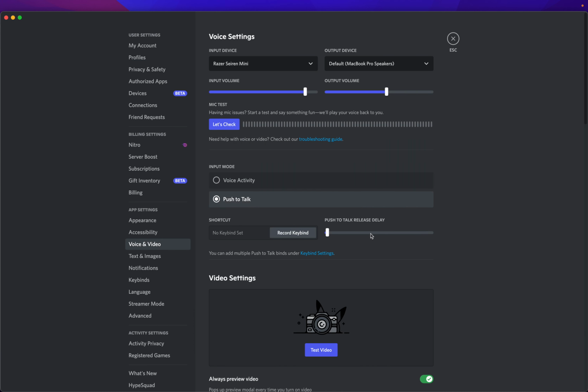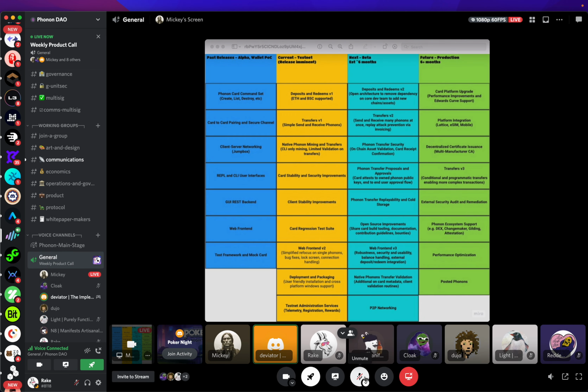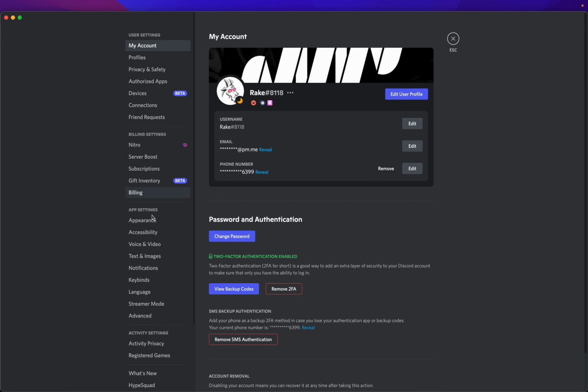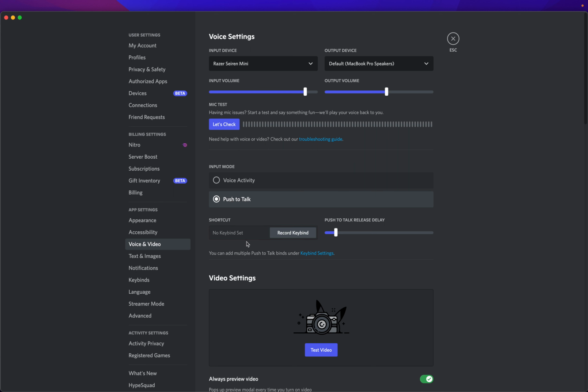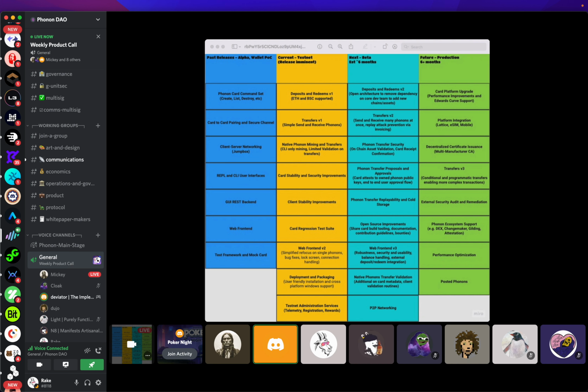Not exactly. It's not so much that the DAO has to decide, it's just that the client has to have recognizable reference points for each asset. Each one has to have a currency type tag so that tools know how to deal with it and the client knows how to deal with it. So it just needs to be something that's maintained as a standard, similar to how the chain ID lists exist for every blockchain out there. There's some group that just keeps a list of it and everyone organizes around that standard. We just need that kind of thing for currency types that fit into Phonons.